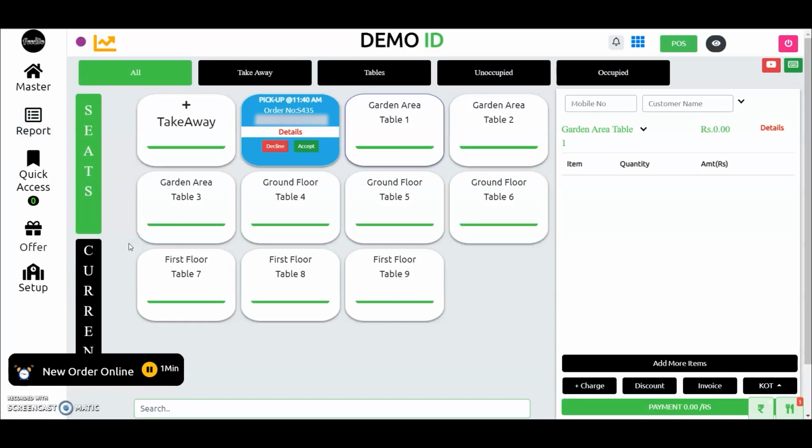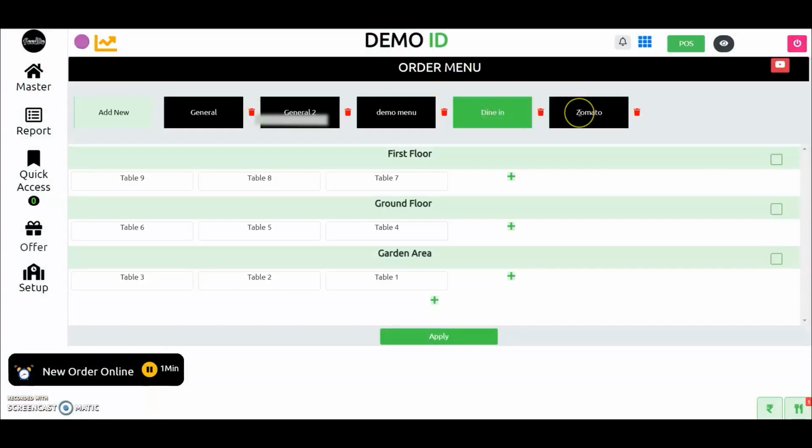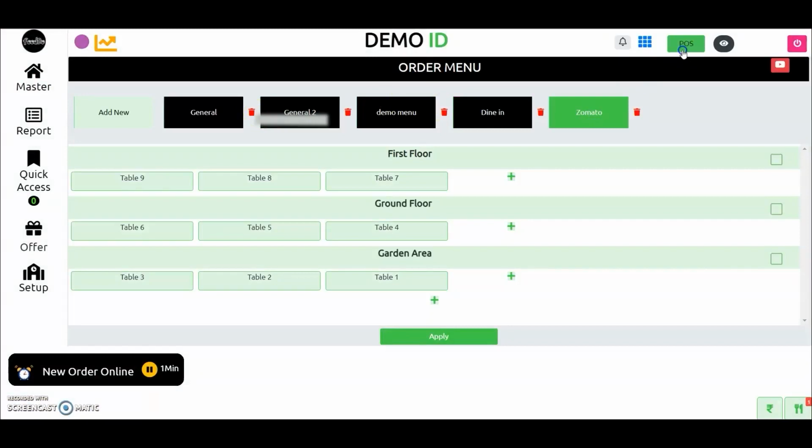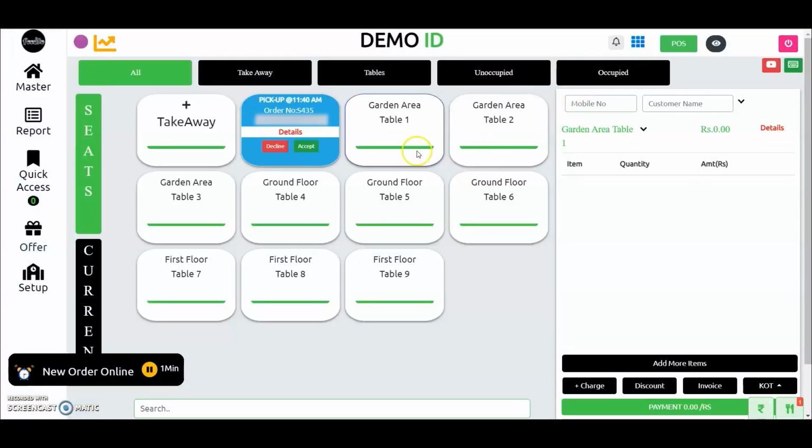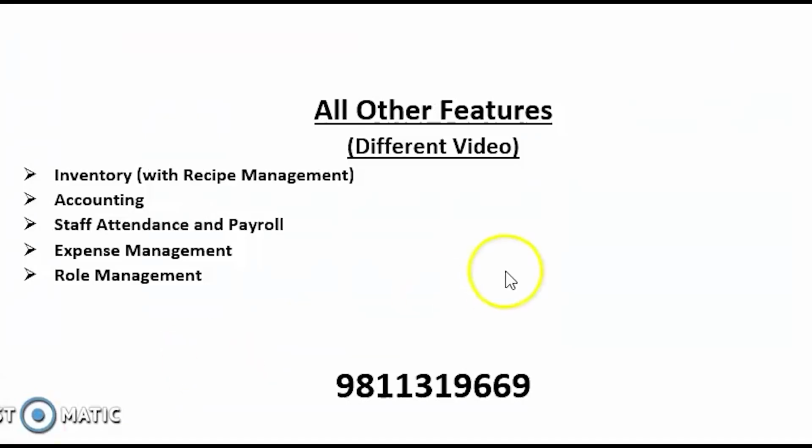Here, you are getting many types of reports. You can also file GST from the software. And in case you require deep GST other than GSTR1, you will also get this in accounting. Also, many people ask about menu management. So here, if you want to change the price of an item, go to items and change the price. Immediately it will change. You can also run a different menu on a different floor. You can update a different menu for Zomato and Swiggy. Here, you will see many options for menu management.